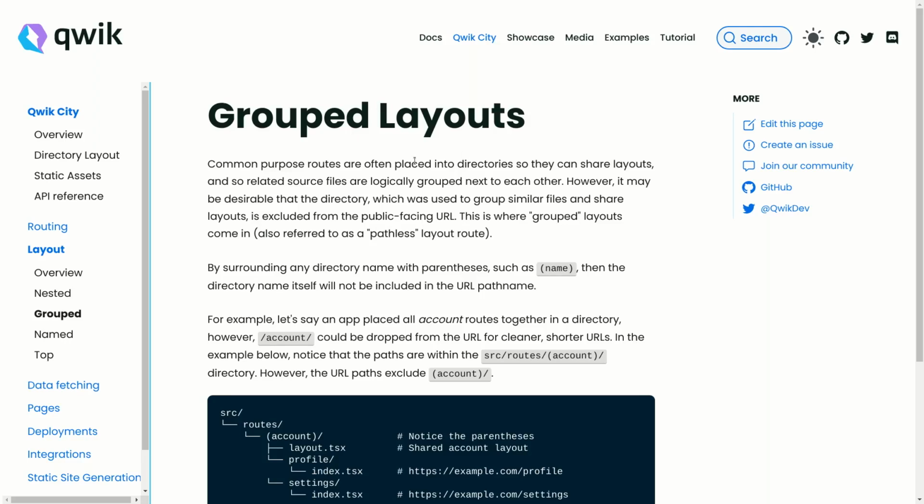So now in Qwik we have a concept like group layout. Okay, so there is the concept of layout, then the nested layout, and there is a group layout. So what exactly is this group layout? Let's see. The common purpose of routes is that they are often placed into a directory so that they can share